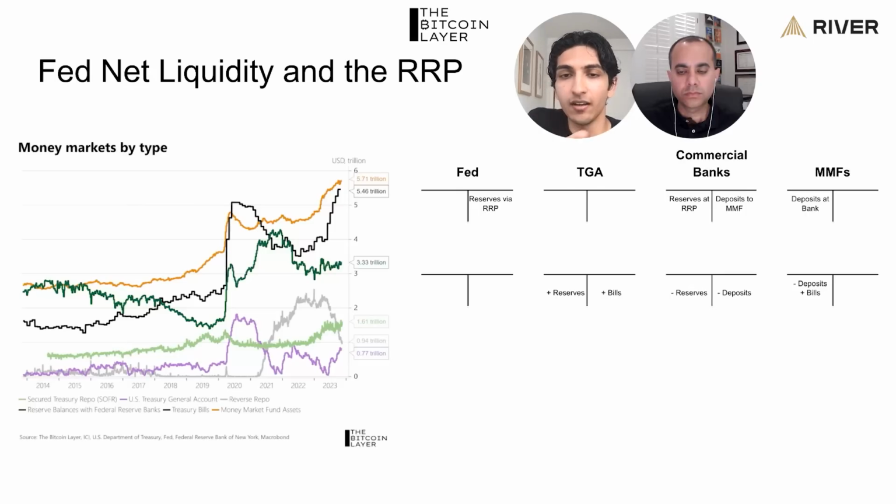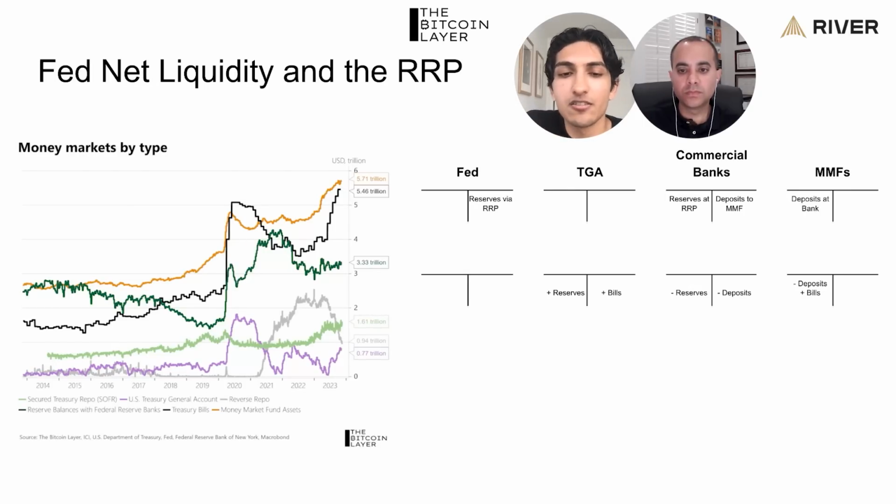So I don't need to go through the reverse repo program. When the TGA issued bills, the commercial banking system was forced to buy those bills and transfer the reserves to the TGA. So now the money market fund says, I don't need the reverse repo returns per se. I can instead own bills as my safe, risk-free returning asset. And so in the interim step, reserves came out of the private sector and are now sitting on the TGA's